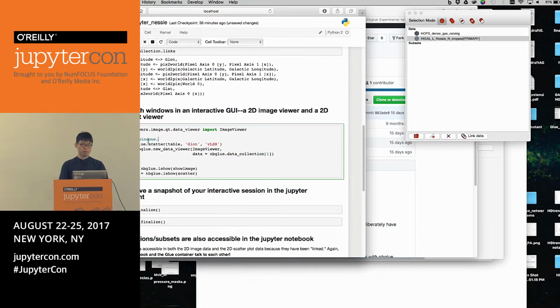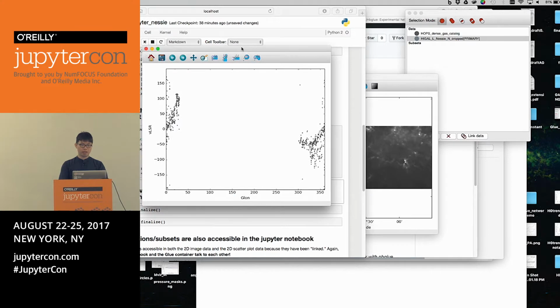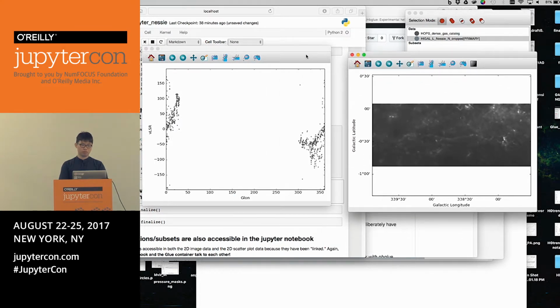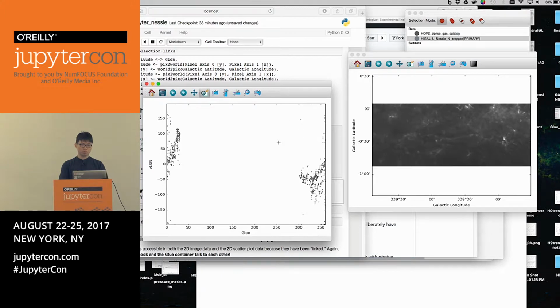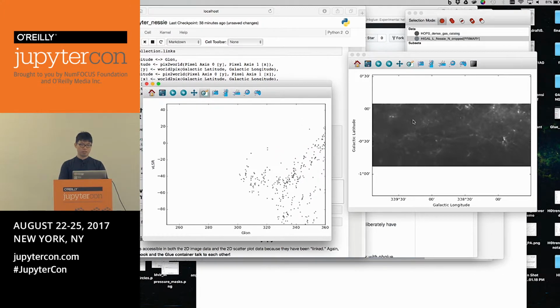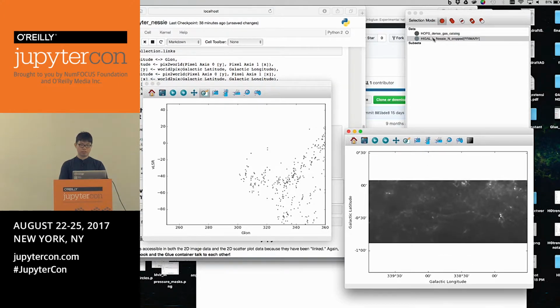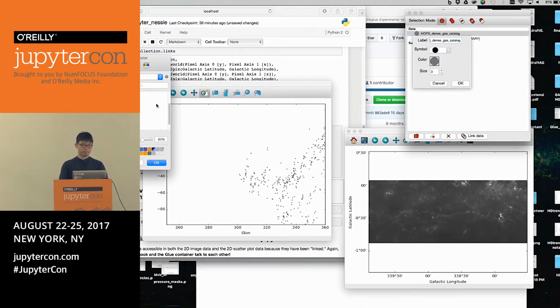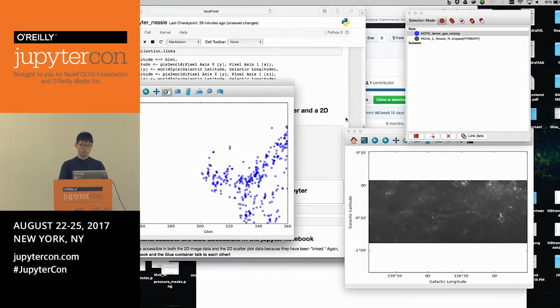And then I can set up plotting two properties, which is the longitude and what we call the local sidereal reference velocity, which is velocity, basically. And then I can plot them, and the GUI gives me two windows. They look like normal windows with normal plots right now. But before I do anything fancy, I'm going to change the style of the markers. For example, blue, some transparency, make it larger, and it shows up on the